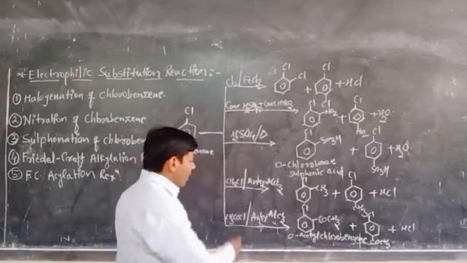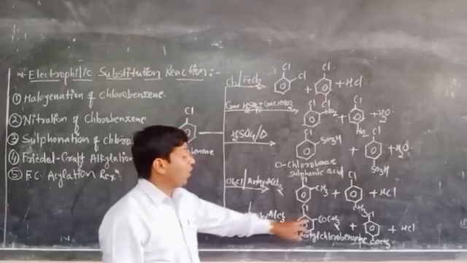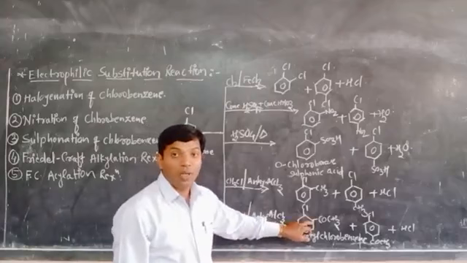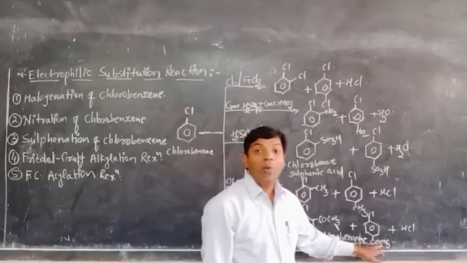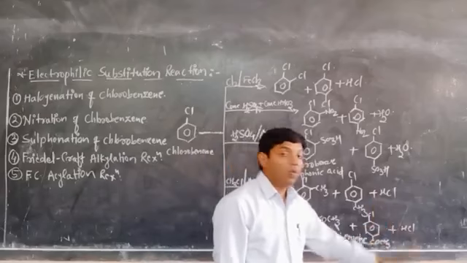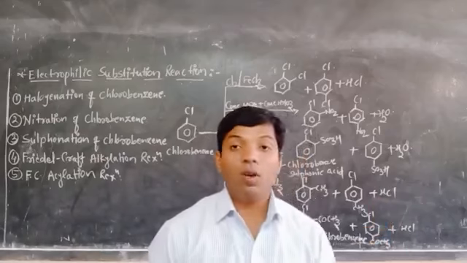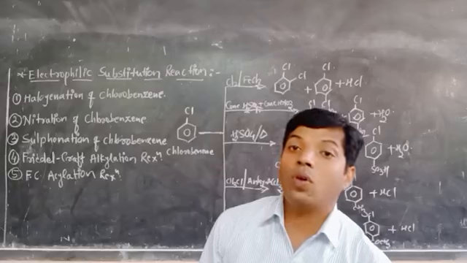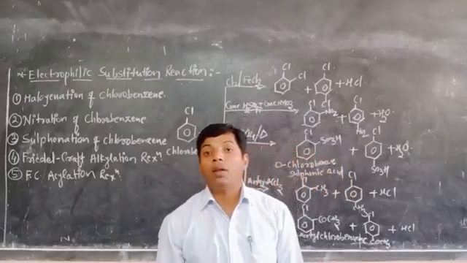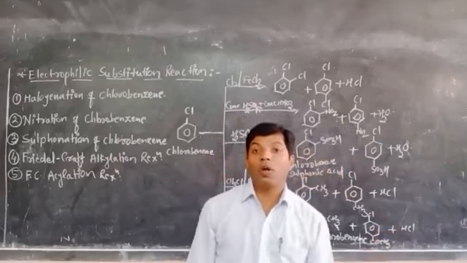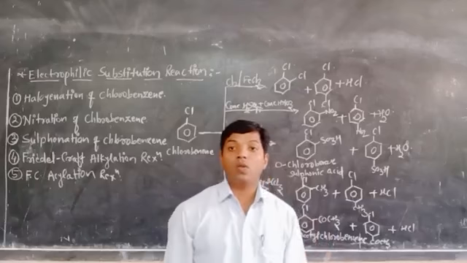So from this acetyl chloride, whatever the acyl part is there, that is the CH3CO, it's substituted at ortho and para positions respectively, and it gives ortho acetyl chlorobenzene and para acetyl chlorobenzene, plus we get HCl as a product. So these are the reactions called electrophilic substitution reactions of chlorobenzene. So here you have to remember the reaction and actual product plus byproduct, and how all these reactions undergo electrophilic